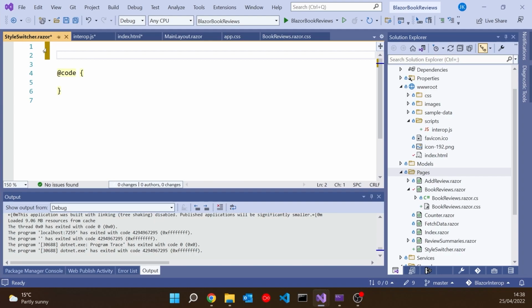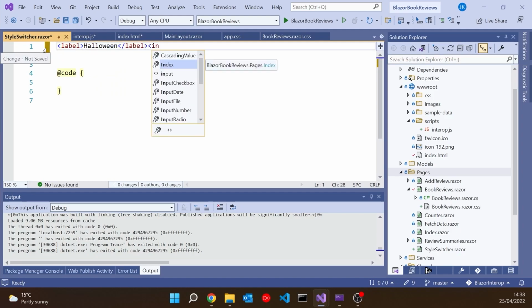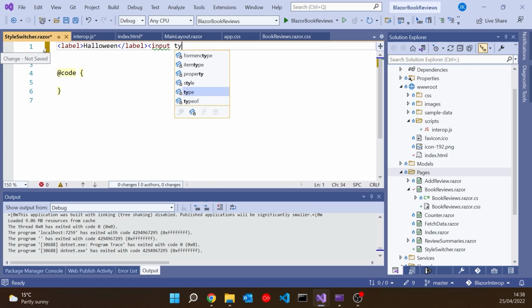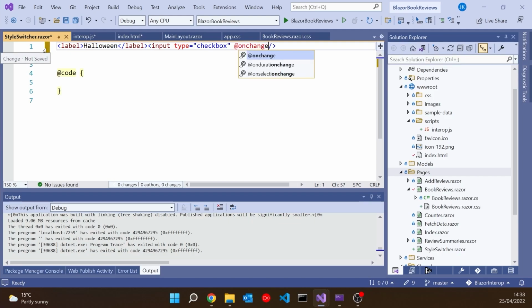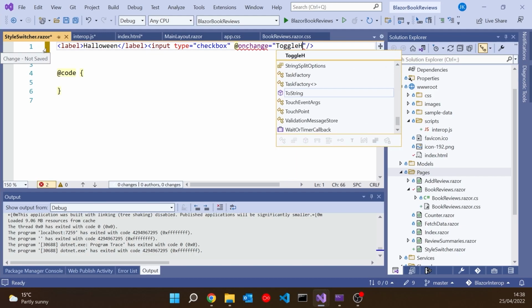All I'm going to have on here will be a label, which I'll just call Halloween. And then I'll follow that with an input of type checkbox. And then what I need to put on here is @onchange equals, and then simply a method that I'm going to have on here called ToggleHalloween.